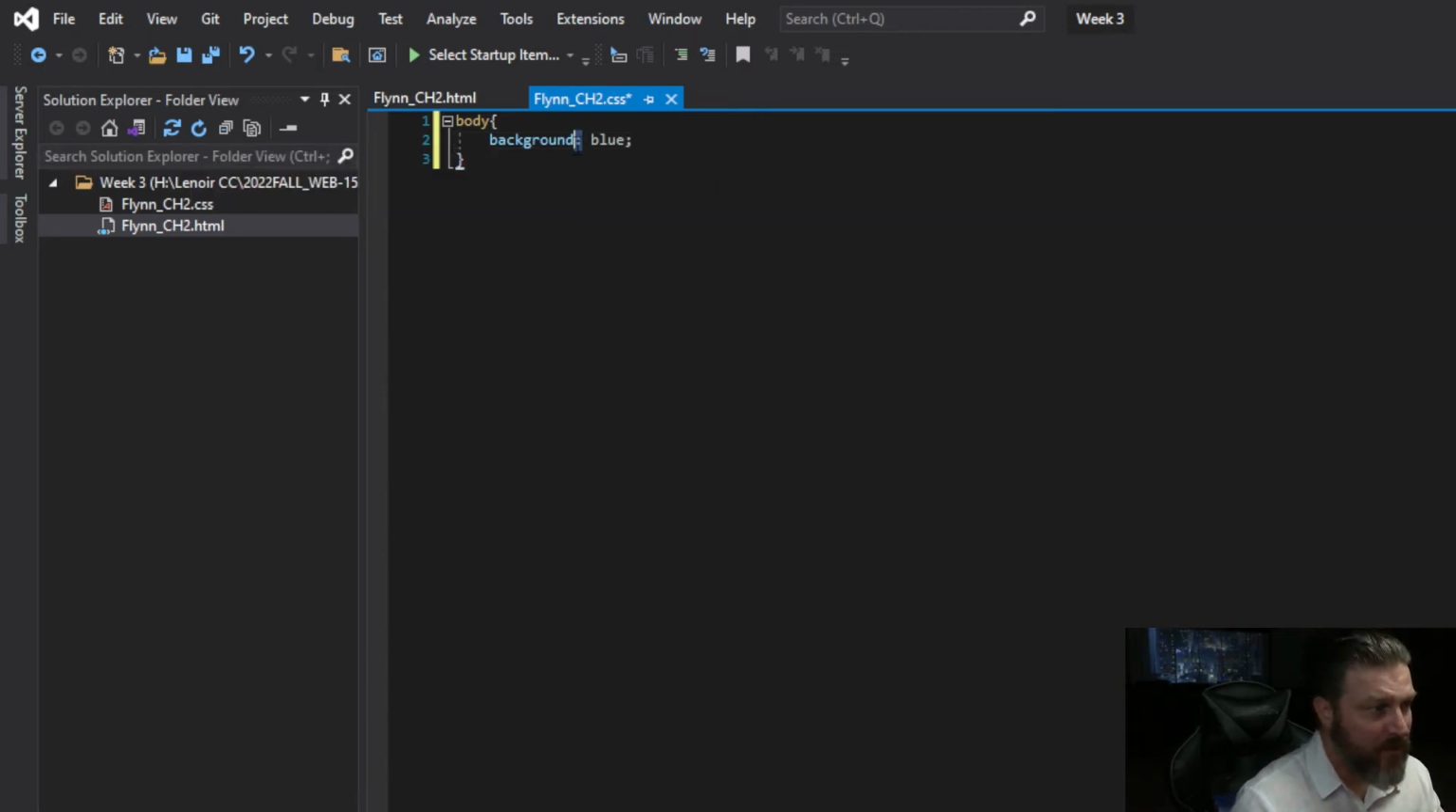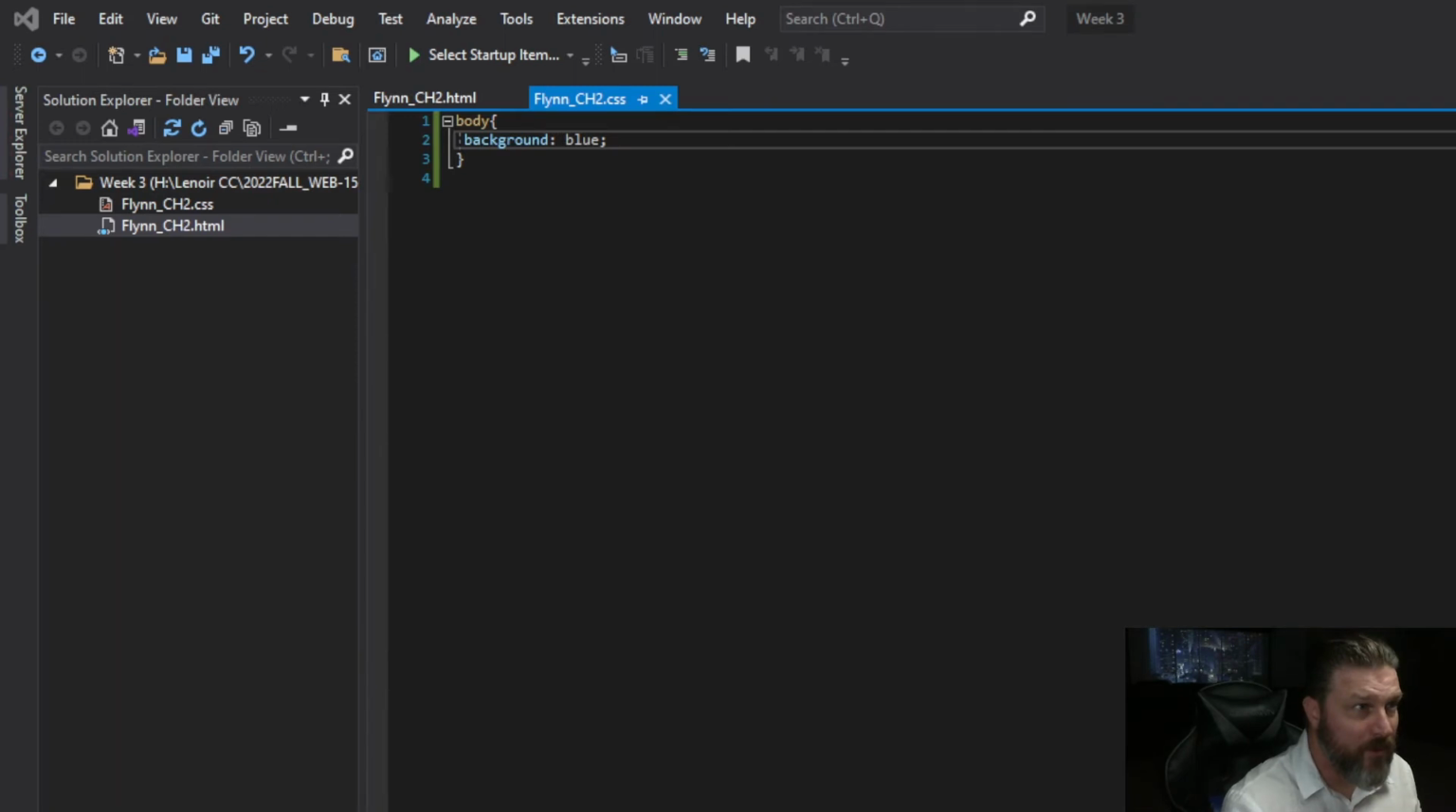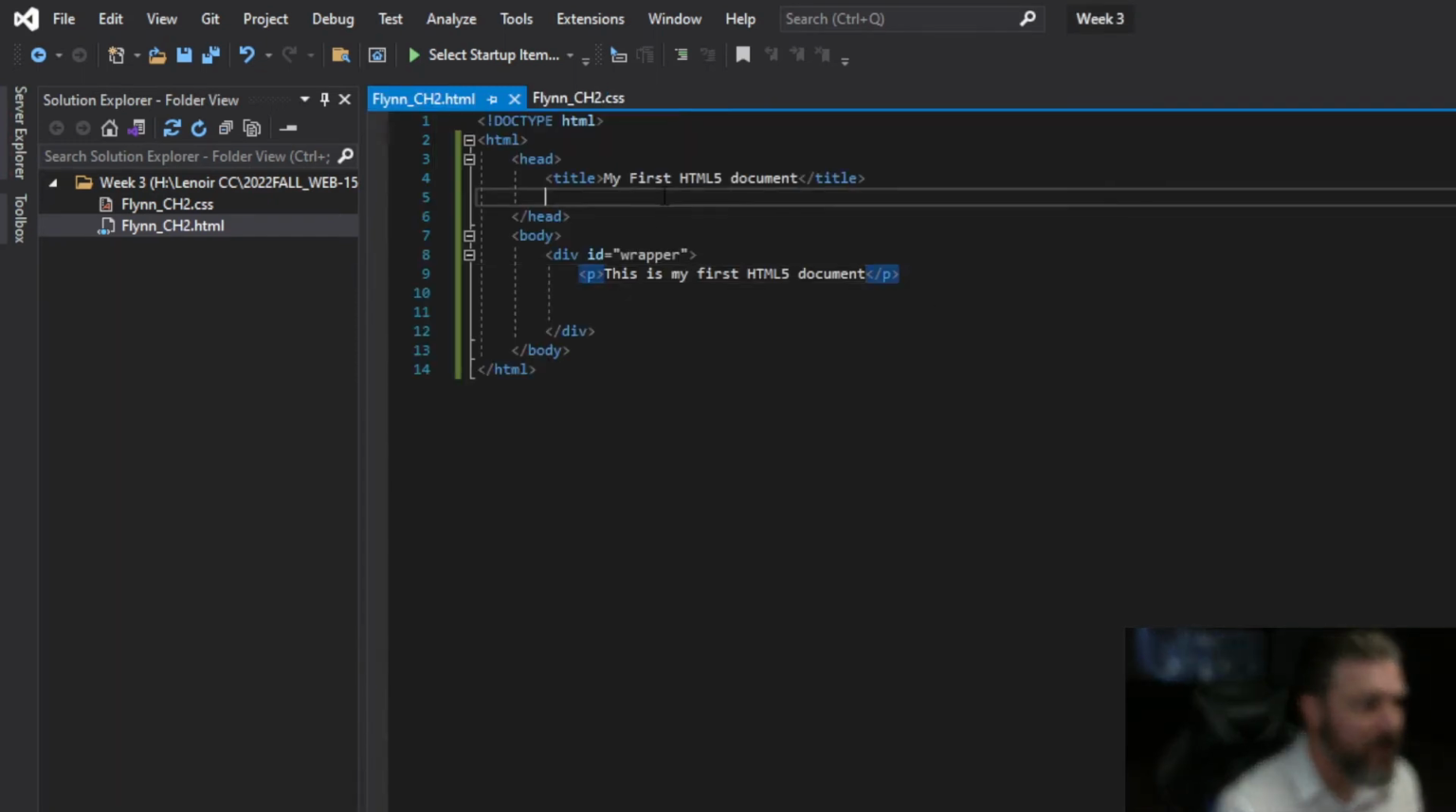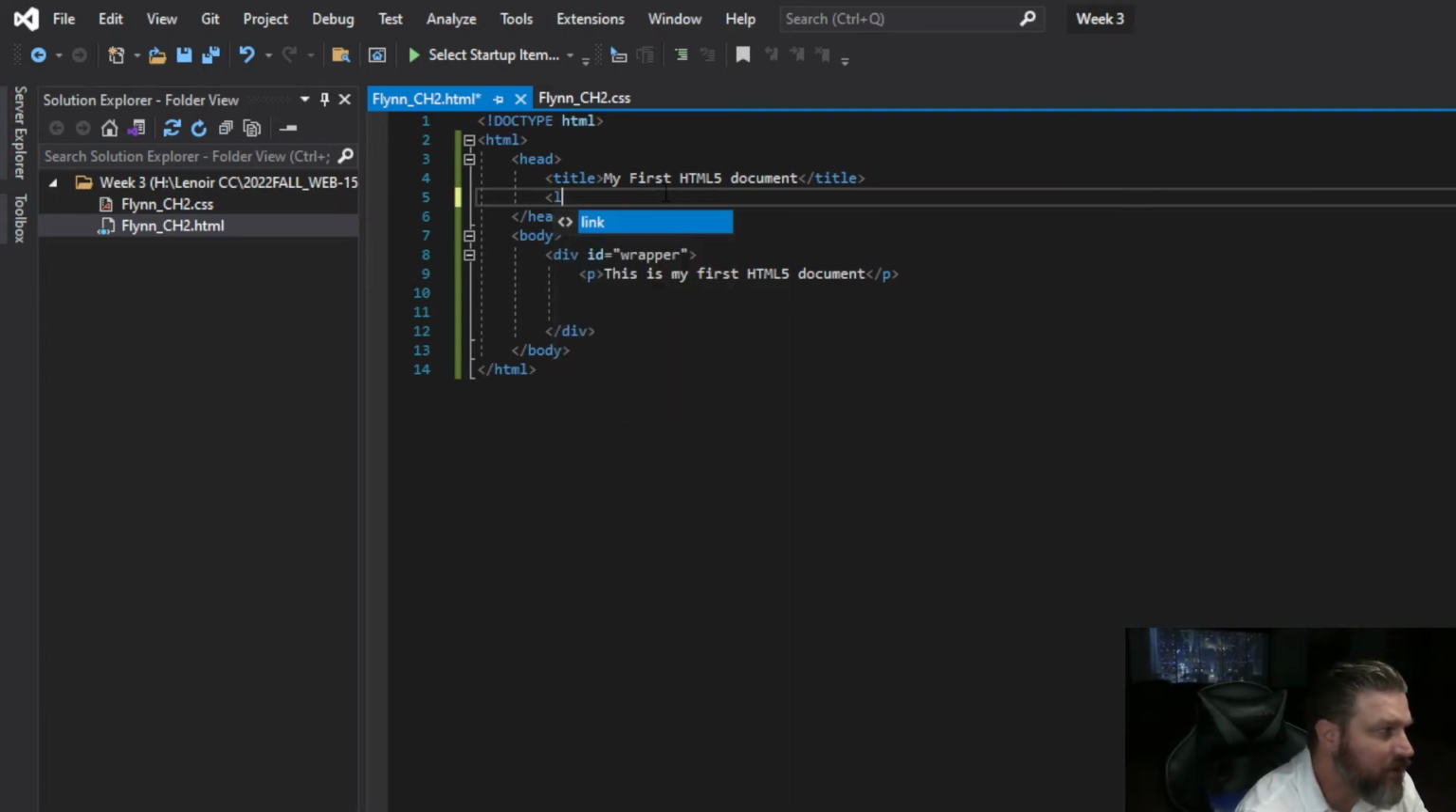So when you call background, you put a colon. When you tell it what color, you put a semicolon here. You go to save all, and go back to your web page. And before you display your HTML, you have to link the style sheet. And if you remember, I said this earlier, that goes in the head. This is how you will attach or link your style sheets and your JavaScript going forward. For style sheets, it's link rel